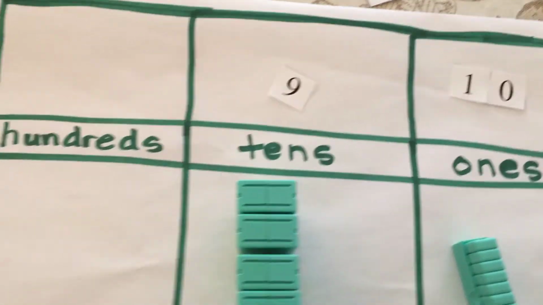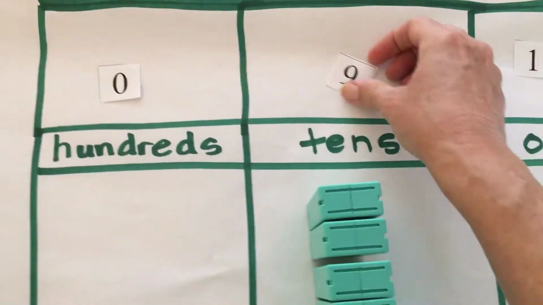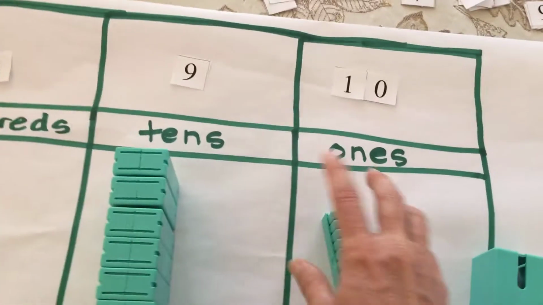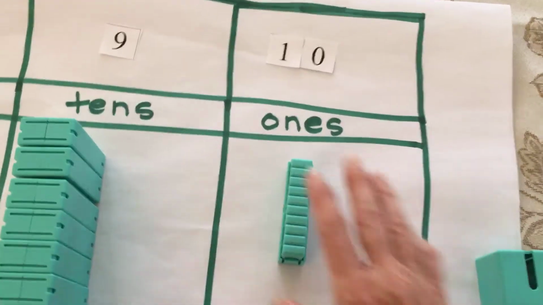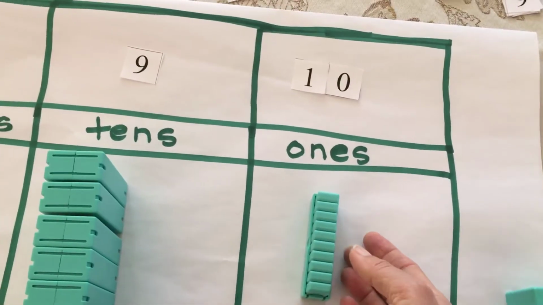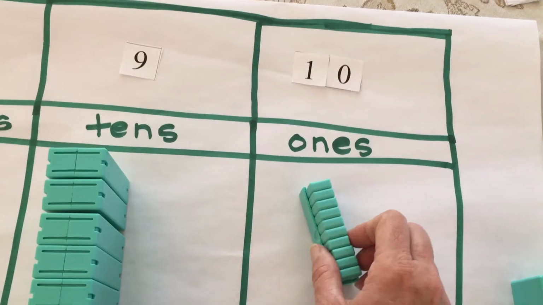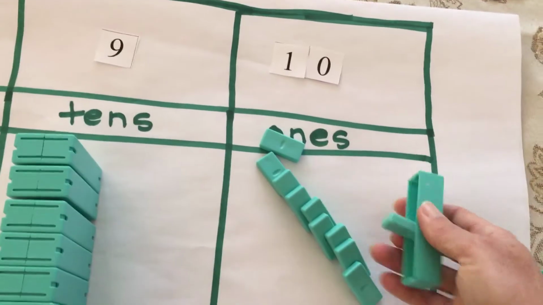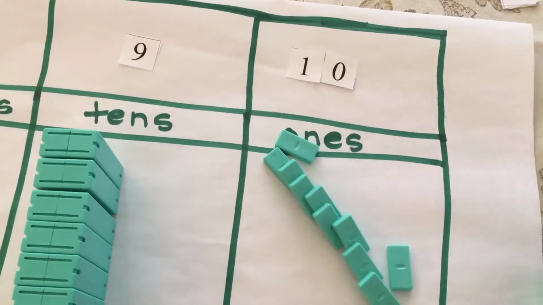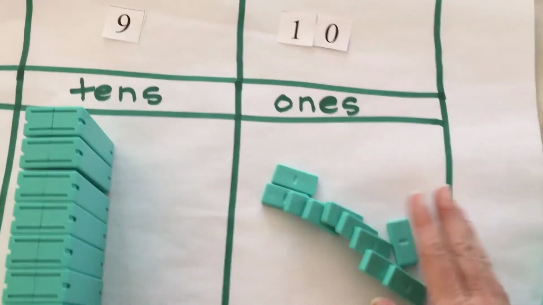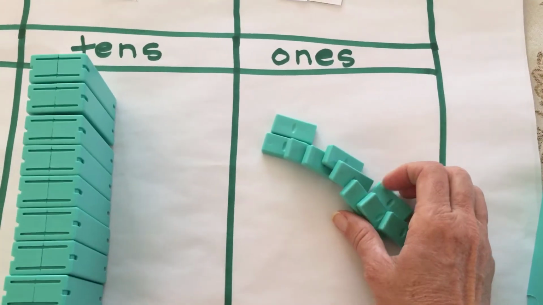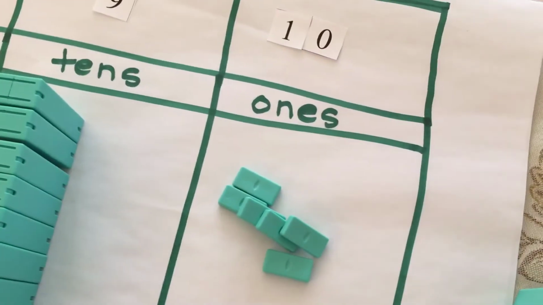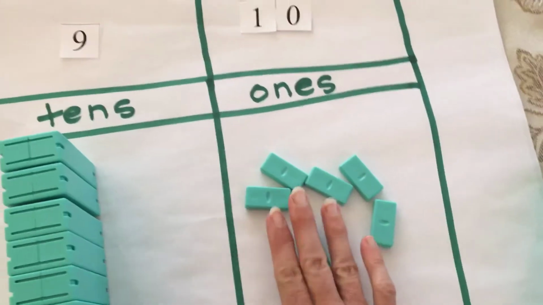So now we have 0 hundreds, we have 9 tens, and we have 10 ones. But we can only have 9 in this column. So we can now subtract. Get these out. We wanted to subtract 4. Subtract 4, and now we don't have 10 anymore,